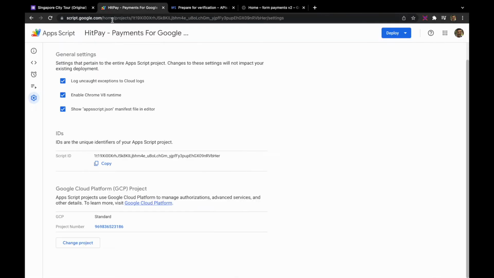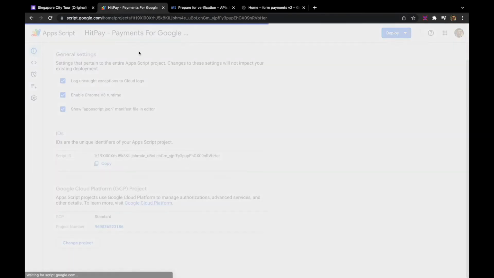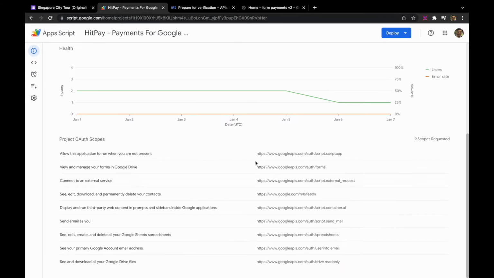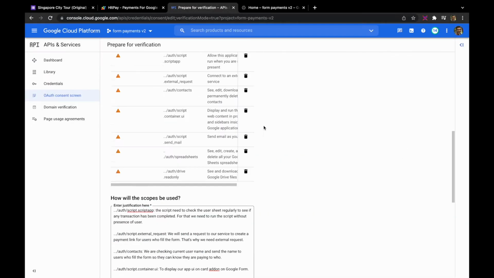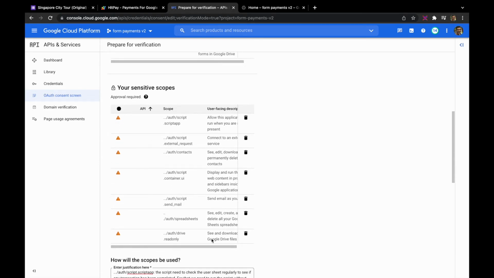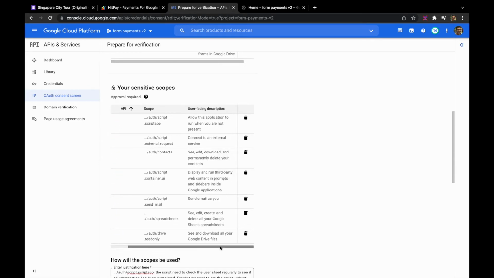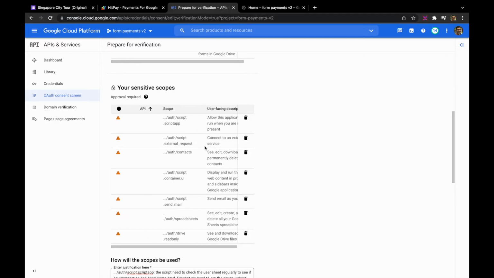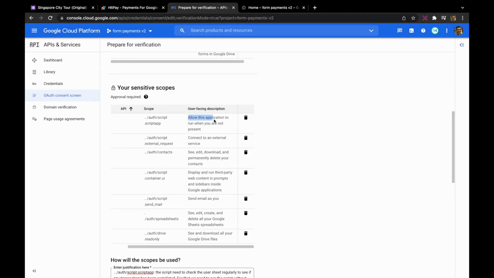186, and if you look at the scopes which are here, there are 9 scopes. We listed all these scopes here, non-sensitive and sensitive. So these sensitive scopes, the first one is allow application to run when you're not present. We are using this to check the user spreadsheet